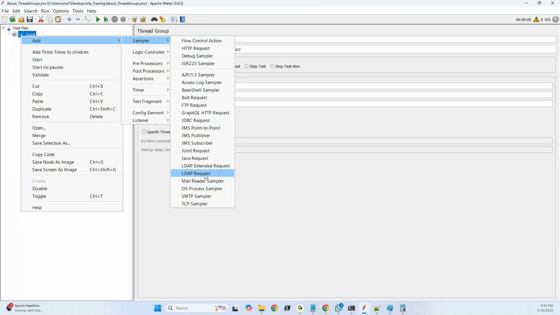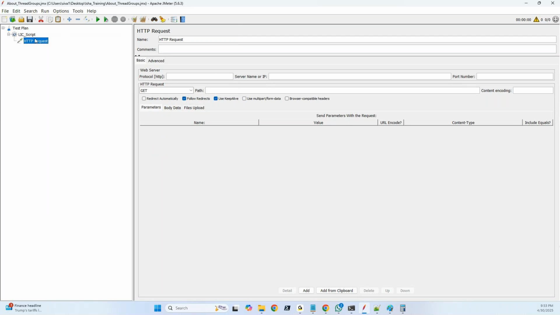Let me talk about the main sampler which we are using. Every performance tester uses this sampler 99.99% of the time. That is called HTTP request. Sampler means one request. Suppose, for example, I just